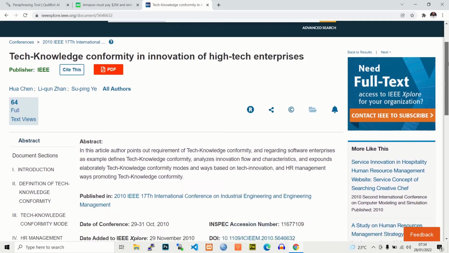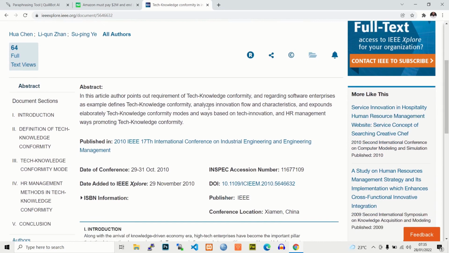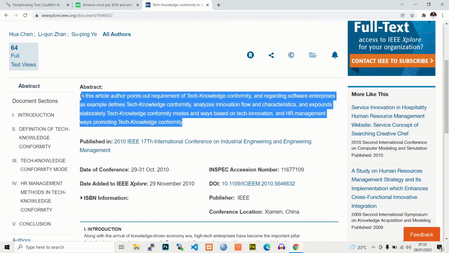Let's say, for example, you are writing something on technology. You have found this great article and you want to borrow this text from this author. You cannot copy it and use it as it is. What you need to do,